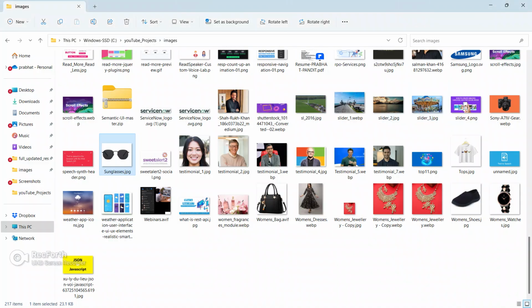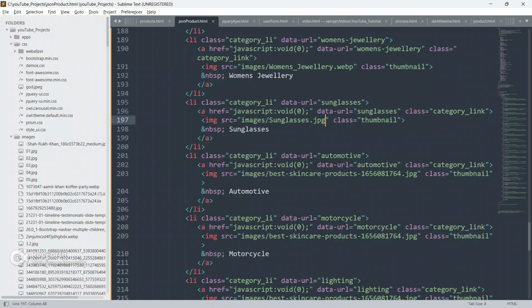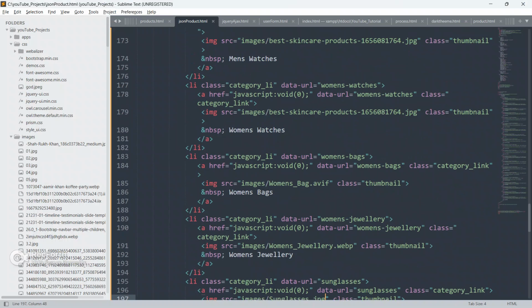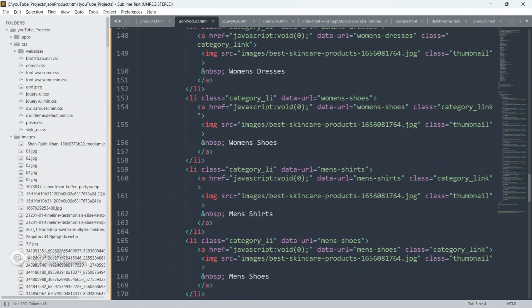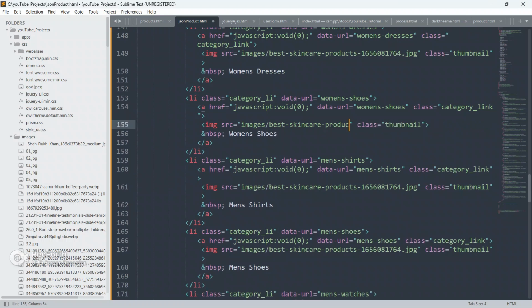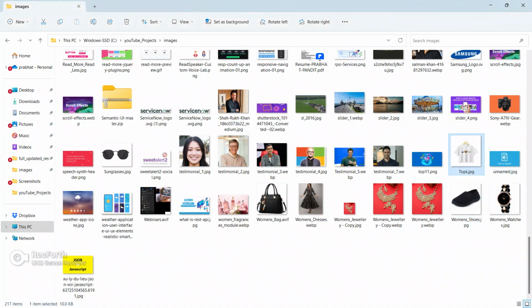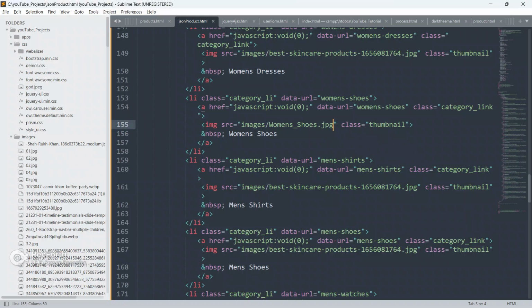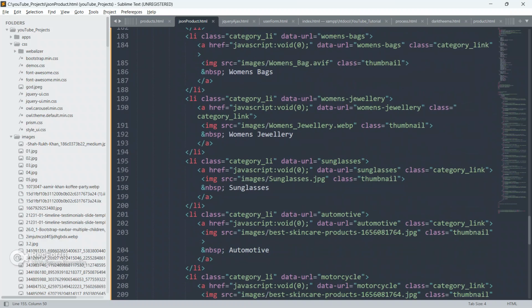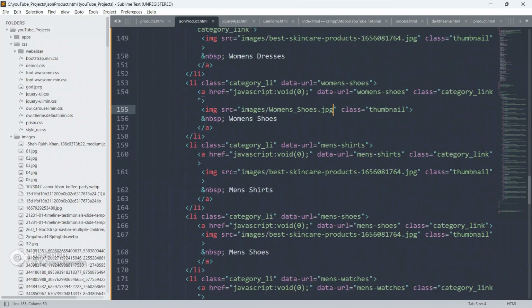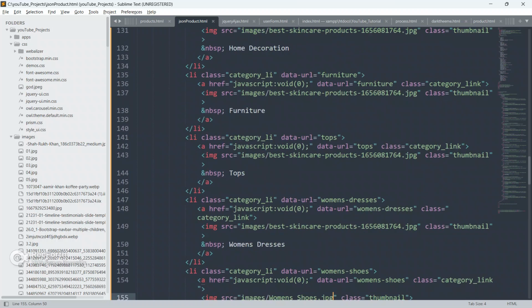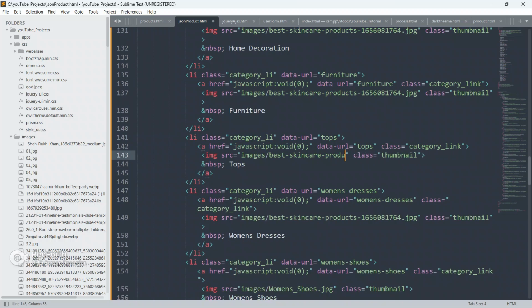This is the sunglasses category, guys. We have to replace the image name. Women's shoes, copy this and replace this image name. Okay, so this is the image, guys, we have to replace. And this is the tops, so go to the top category and replace this.